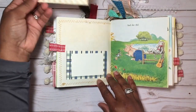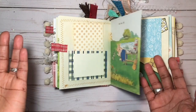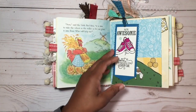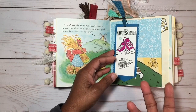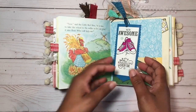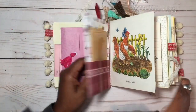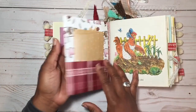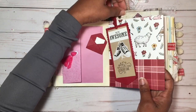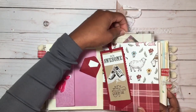So I'm just having pages in there so she could find where the tuck spots are, because she won't know, right? Because this is something new, and this was something new to me as well. So if I'm gifted one of these things, I won't know where to look for the tuck spots if nothing is sticking out of it, right? So, and also let's go back. I missed something right here. So here where I created this double pocket, right up here is a tuck spot. See, even I forgot that I created this tuck spot. So right up here,